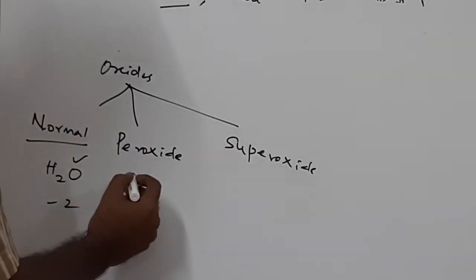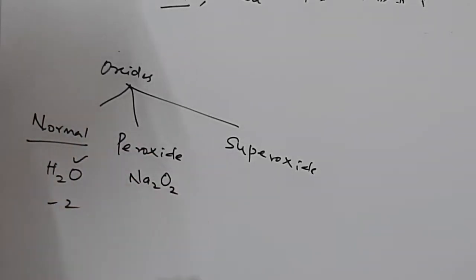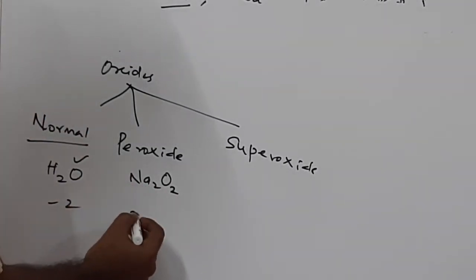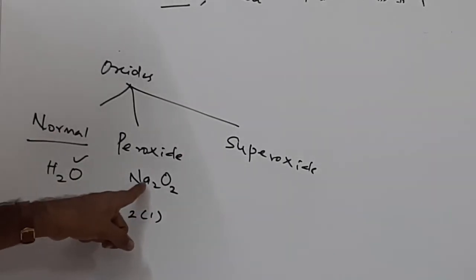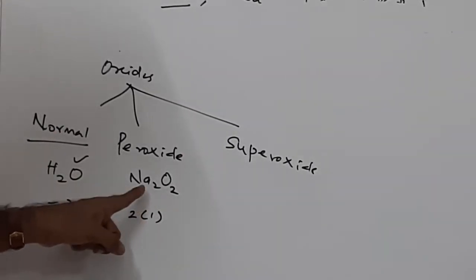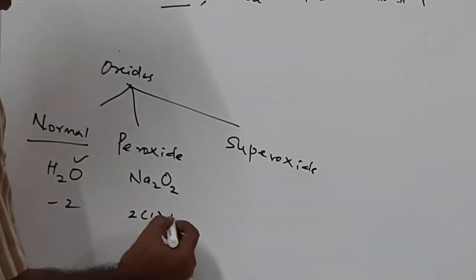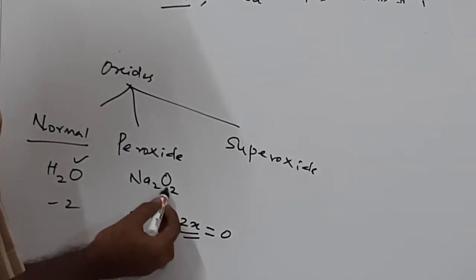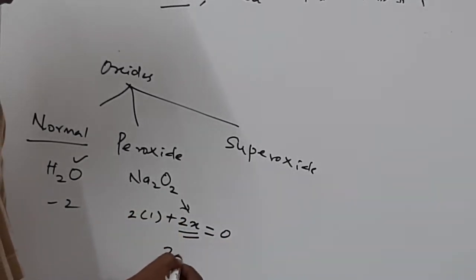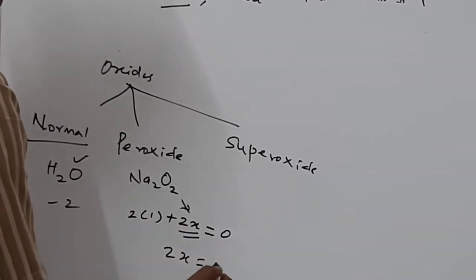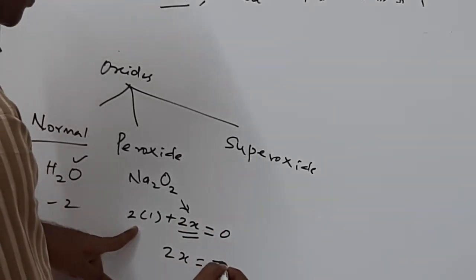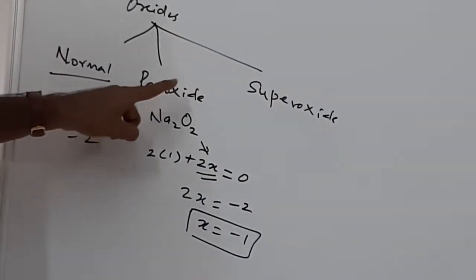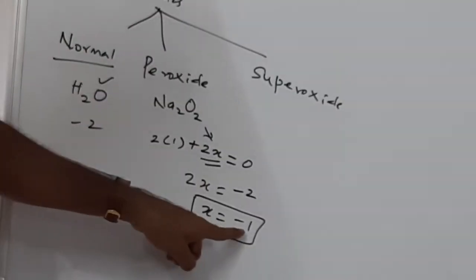Peroxideல say for example Na2O2 இருக்குன்னு வெச்சுக்கங்க, peroxide. For peroxide இந்த இடத்துக்கு என்ன வரும் நம்மளே கால்குலேட் பண்ணலாம். இப்போ 2 சோடியம் இருக்கா, so 2 into 1 போடலாம். 1 for இப்பதான் சொன்னேன் the alkali metal. So for an alkali metal the oxidation number is 1. So 2 into 1 plus 2x is equal to 0. I am writing 2x because 2 oxygen atoms இருக்கு, அதனால 2x போடுறேன். அப்ப என்ன ஆகும்னா 2x is equal to -2 ஆகும். So x is equal to -1 ஆகும். You can see here in the case of peroxides the oxidation number of oxygen is -1.